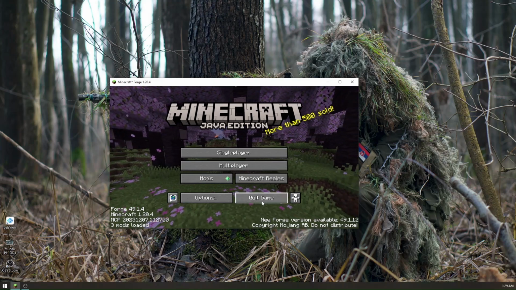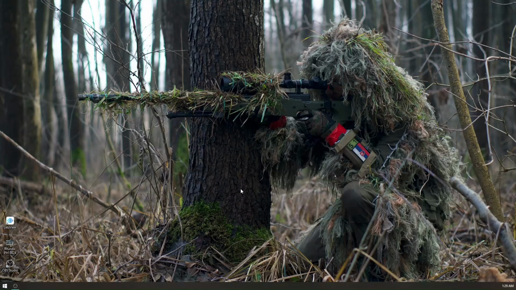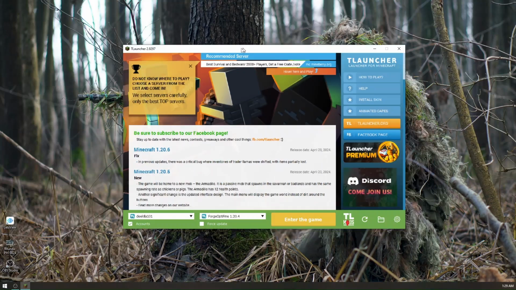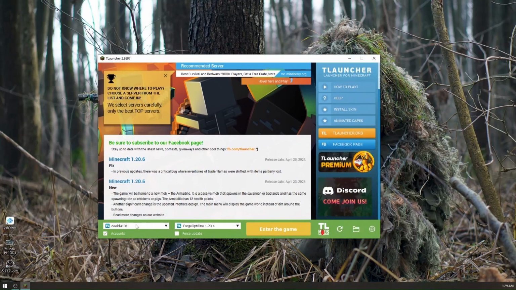So let's quit on this game first, and then let's launch our T launcher. Now, this is what I'm talking about, your name right here. Now, sometimes that specific issue is happening because you are using more than 15 to 16 characters of your